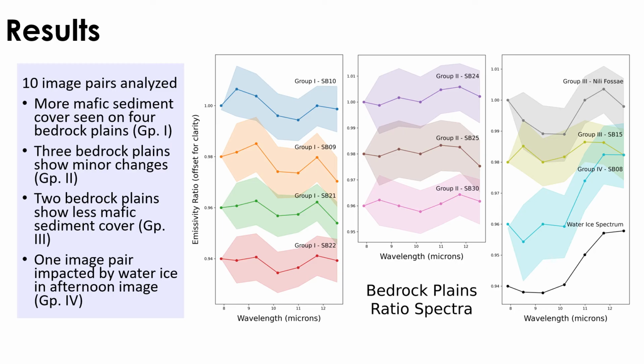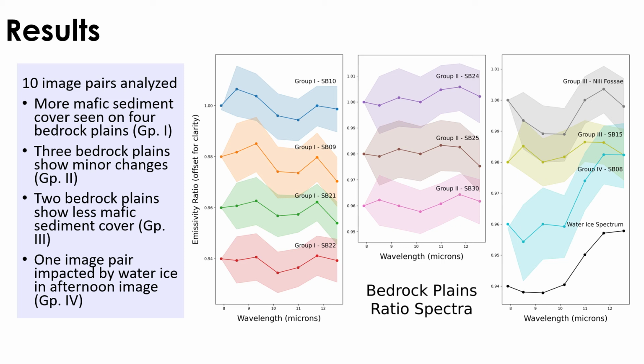This slide shows daytime over evening spectra for all bedrock planes for which daytime and evening image pairs were available. These ratio spectra were a way to make sense of the spectral trends we observed in these bedrock planes. We see that they fall into one of four groups. These ratio spectra also provided a check to ensure that residual atmospheric features were not influencing interpretation of spectral trends